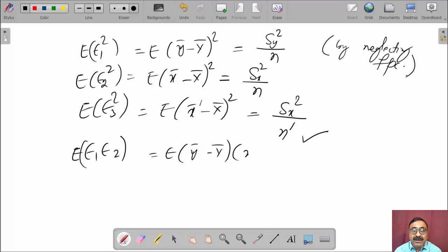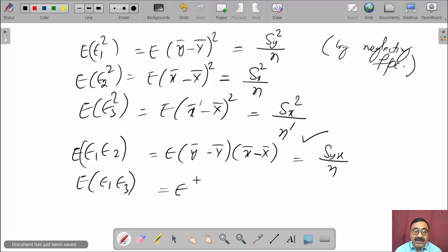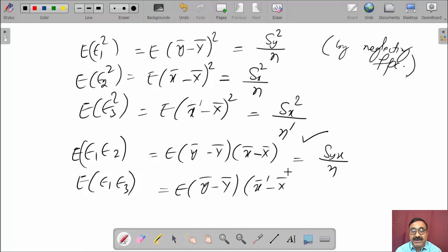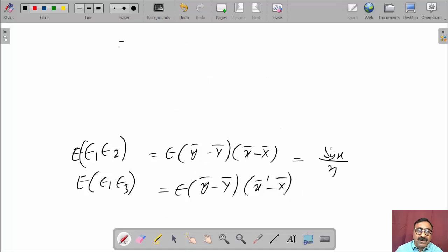Now expectation of epsilon 1 epsilon 2, that is equal to expectation of (y bar minus Y bar) into (x bar minus X bar), that is equal to Syx by n. Expectation of epsilon 1 epsilon 3, that is equal to expectation of (y bar minus Y bar) into (x bar dash minus X bar). So that is equal to expectation of (y bar minus Y bar) into,